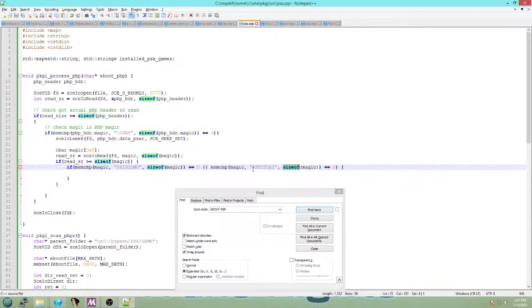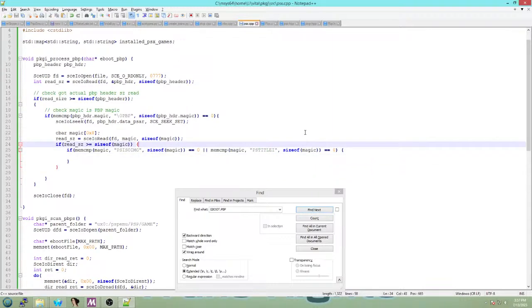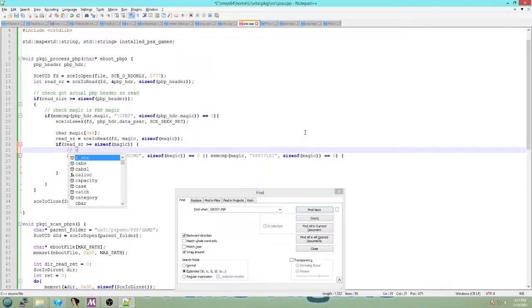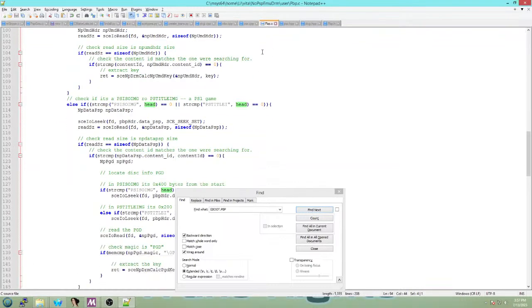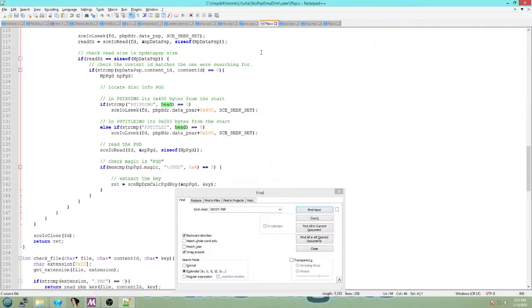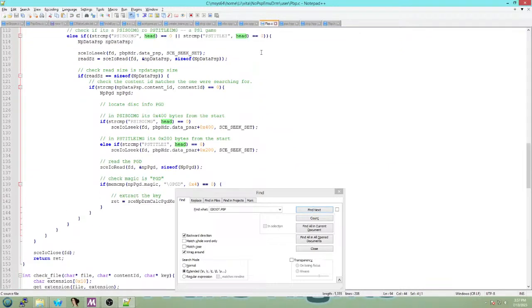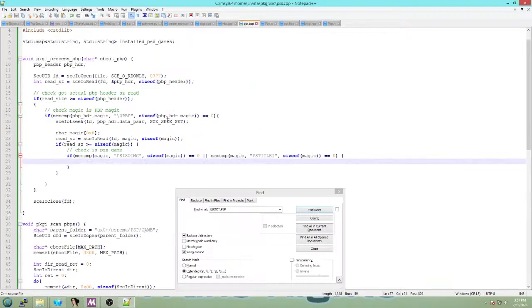Okay. So now we check if it's PSISO IMG or PS title IMG. And if it is, then we know it's a PS1 game. So it's like a comment: check is PSX game. Okay. And now, after we've done that, we've checked that, we can now just seek to